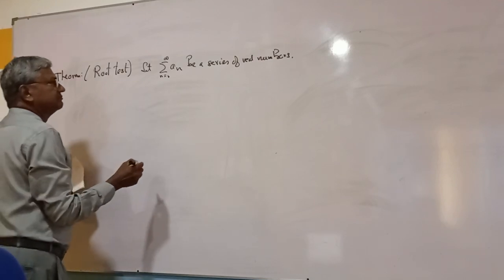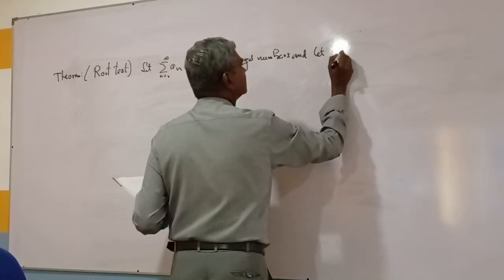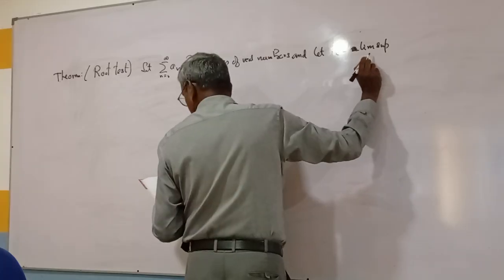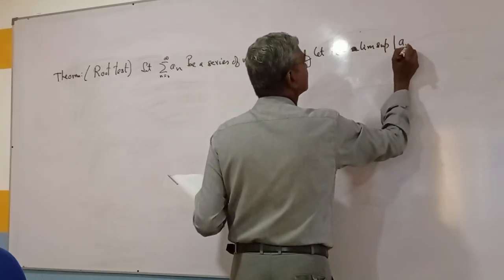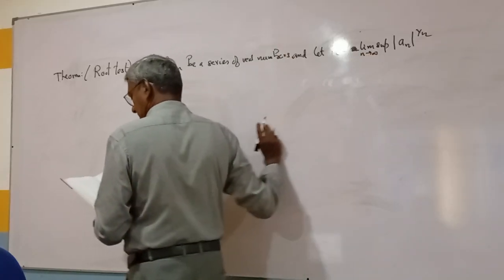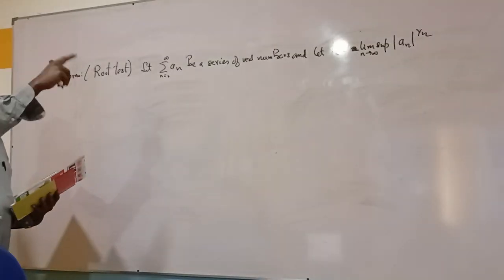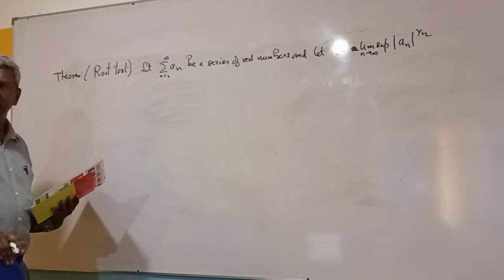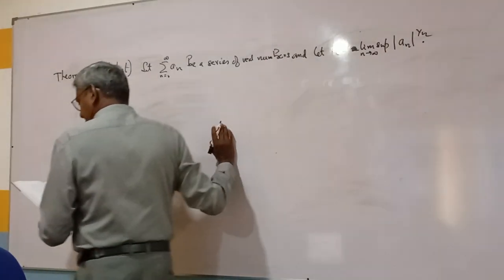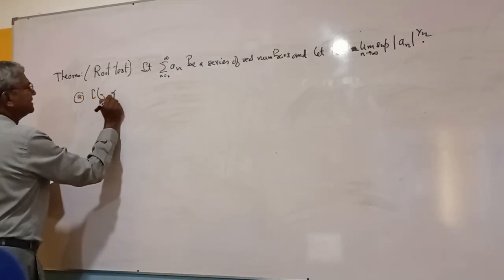And let alpha equal lim sup of mod a_n raised to the power 1 over n. So given any a_n, the lim sup always exists, unlike the limit. So this statement makes sense. Part A, if alpha is less than 1,